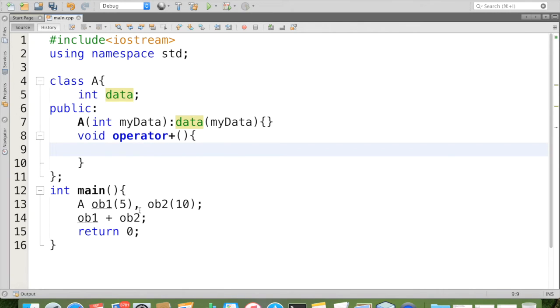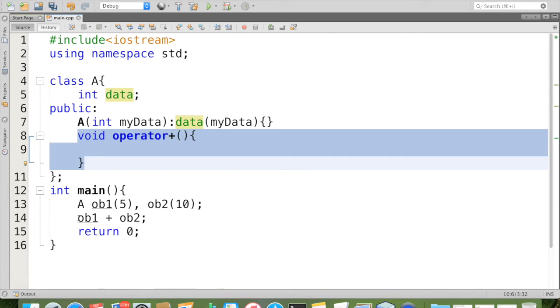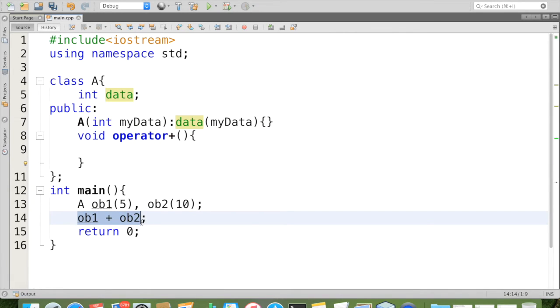And you should know when this function will be automatically invoked by this expression. The code is not completed yet. When this expression is evaluated, it is equivalent to OB1.operator+(OB2), where OB2 is passed as an argument.